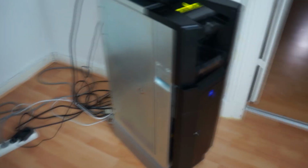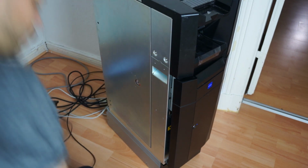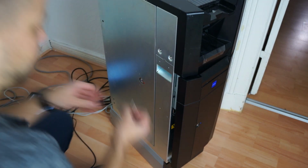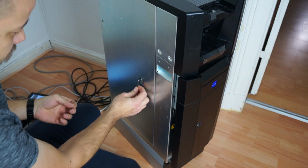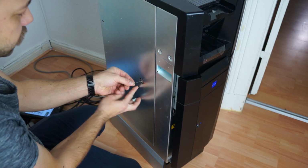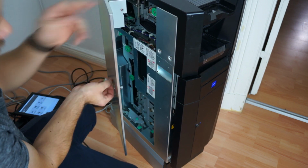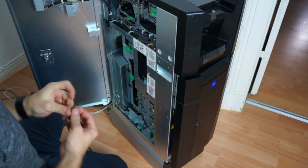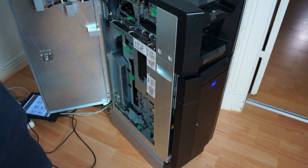And let's now take a look in both of these contraptions again, and really to maybe show how easy the opening is of the lock. We do it that way. So we have a very simple pick here and a very simple spanner tensioning device, and it's open already. So we have here the inside of the bill acceptor,